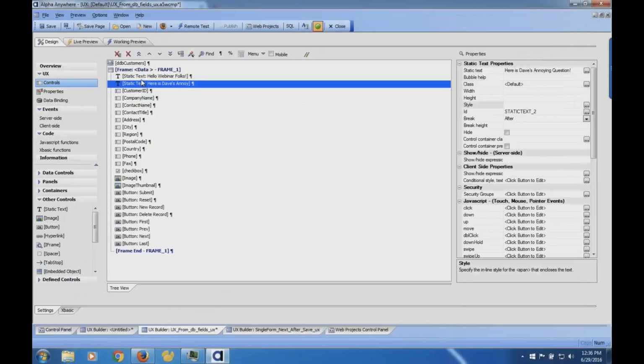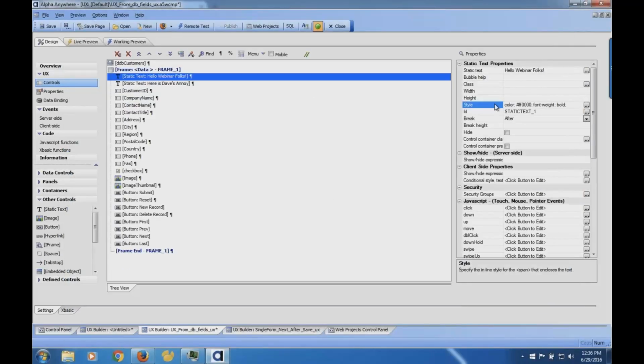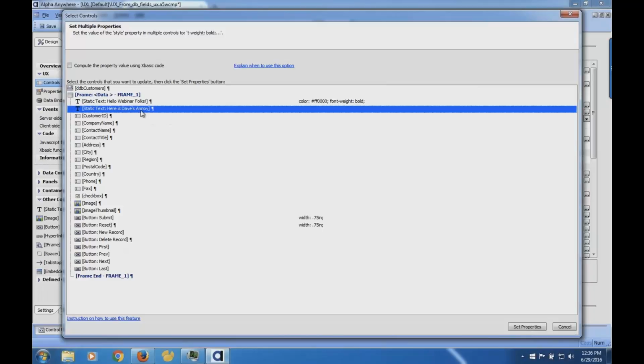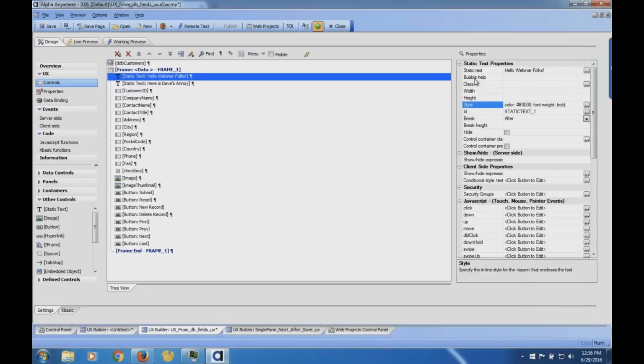So what I'll do is select the style I want to copy. This is the style I like. Now I go here, and notice it brings up a list of all my different things. I can select where I want to copy it to. So again, the steps are: select the thing you want to copy on the control. This is my control, I like how it looks, it's perfect.